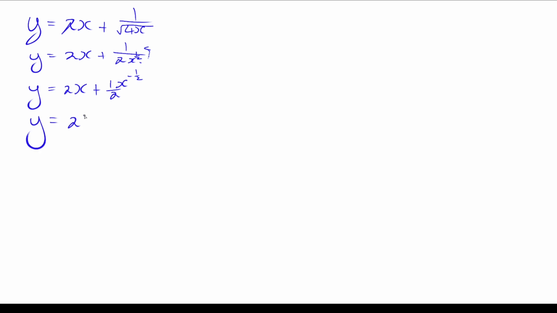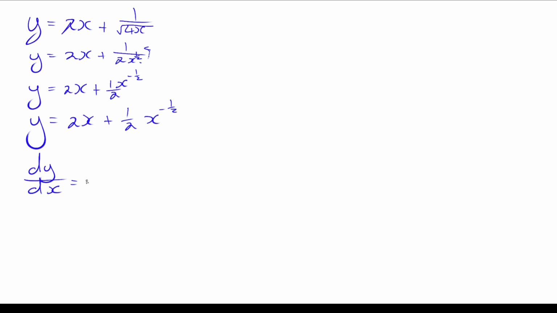y equals 2x plus a half times x to the negative a half. Now I can differentiate. The notation for when they give you the equation as y equals something is dy dx, the derivative of y with respect to x. So that would be equal to